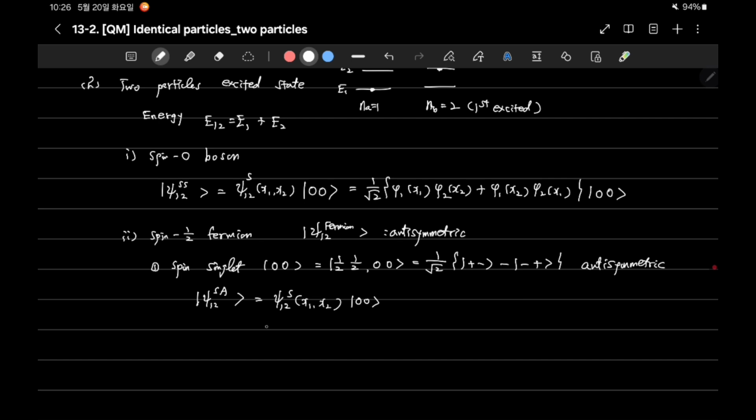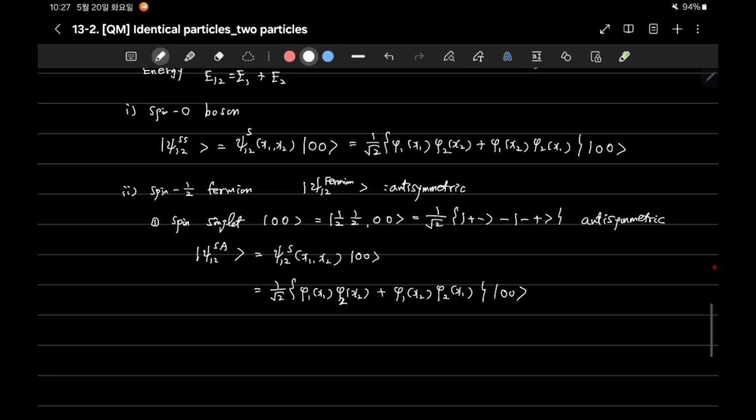and the spin part is antisymmetric. So it is 1 over square root 2. Symmetric means that particle at x1 has quantum number 1 and particle at x2 has quantum number 2, plus particle at x2 with quantum number 1 and particle at x1 with quantum number 2, and the spin state 0, 0. It is a spin singlet state. Then the spin triplet state,